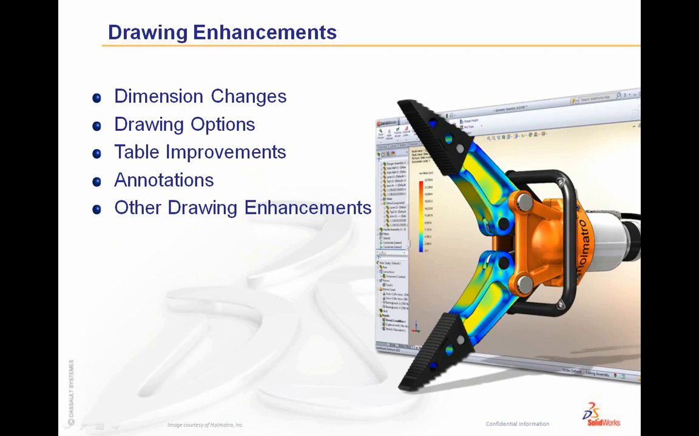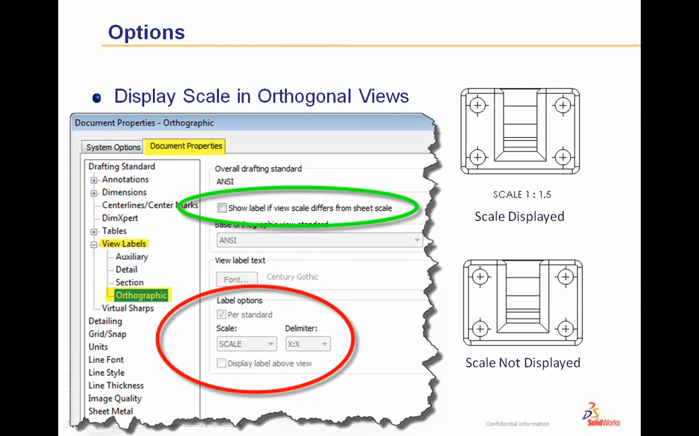The first thing we want to take a look at are the drawing enhancements. We want to take a look at the dimension changes, the options in your system, options in your document properties, the table improvements, annotations, and we'll take a look at some of the other kind of random drawing enhancements as well. The first thing we want to take a look at are the options that we have inside of our